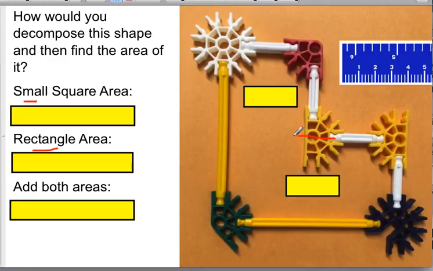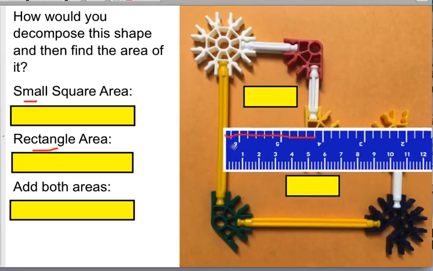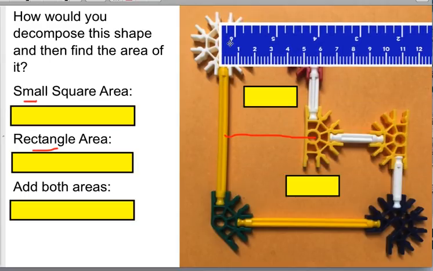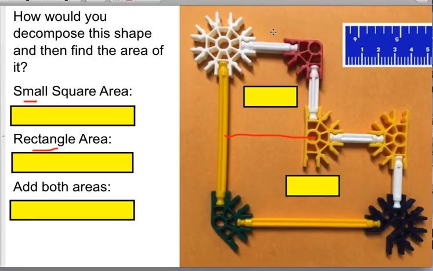And what we're going to do is imagine actually having a square right here, and then imagine having a rectangle right through here. Okay? So that's what we're going to imagine. All right? So I'm just going to draw a line just so we can keep an eye on what it is we're doing here. Now, the first thing I'm going to do is measure my square. And when I measure my square, I'm going to measure the rods here because I have this funky corner here and I have a funky corner here. But I know that if I measure from here to here,